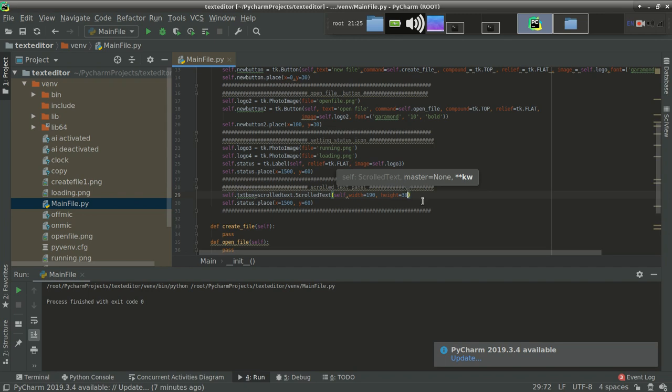Yeah, so we have imported it. Now let's put it over the window, not the canvas, canvas is a different part of printer. Just call it the window.